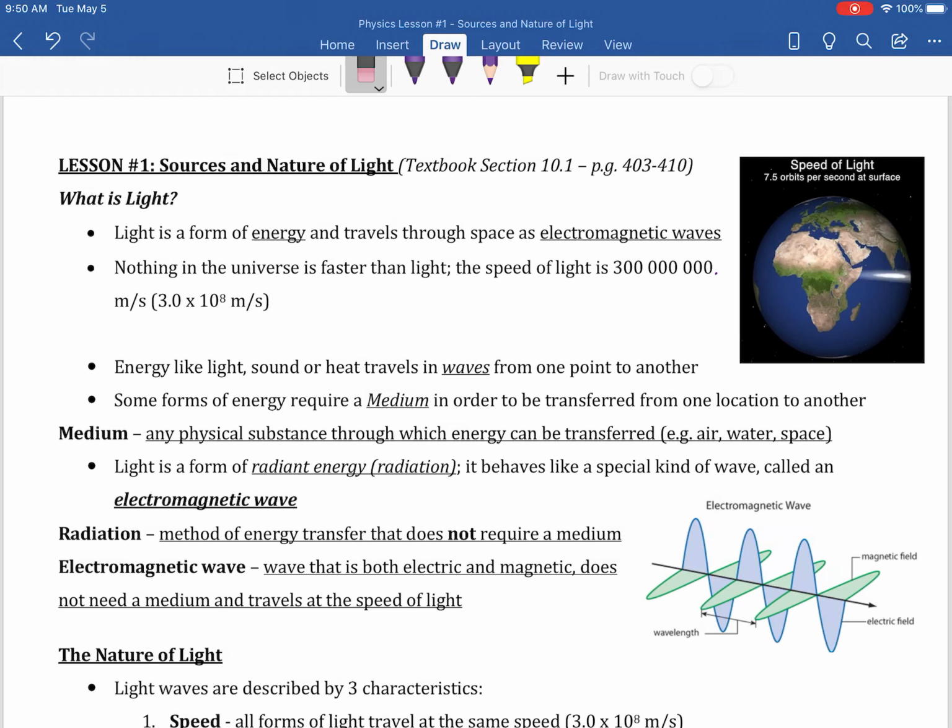Good morning, everybody. Today we start physics, and what we're going to be talking about in this particular physics unit is light. So where does light come from? How does light behave? How do we see light? That kind of thing. So just to let you know, we're skipping ahead and our textbook section starts at chapter